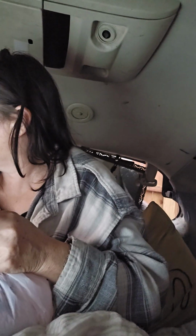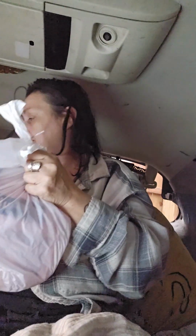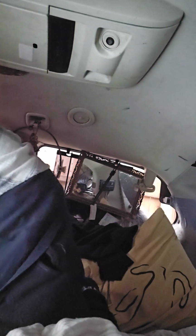So let's put this one back in the drawer. I wonder if I should just put it in this bag. I'll just put it in the drawer. It'll ride in the drawer down there, I think. Anywho. Okay, so